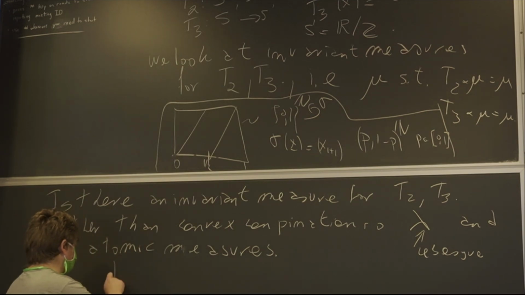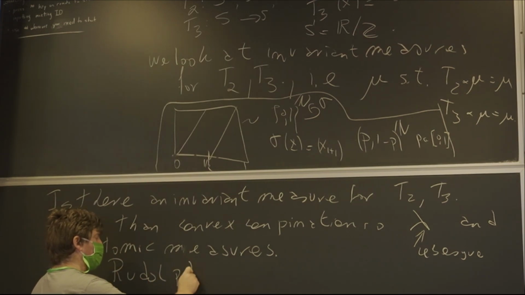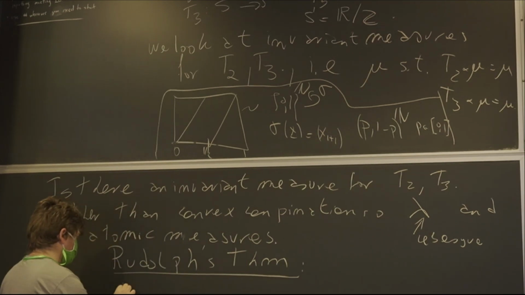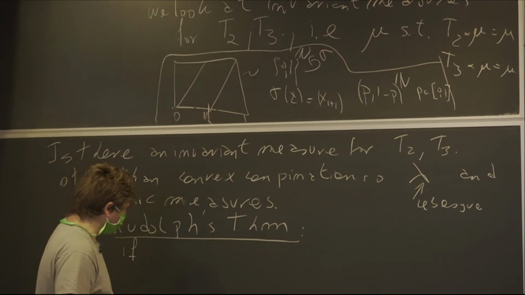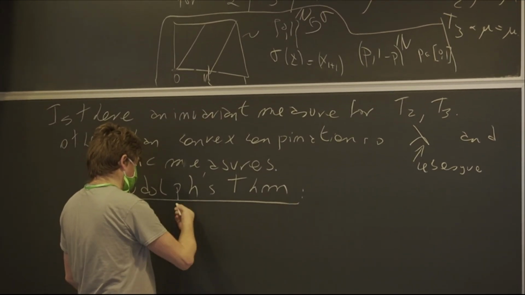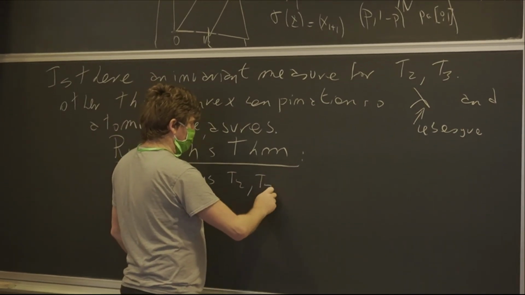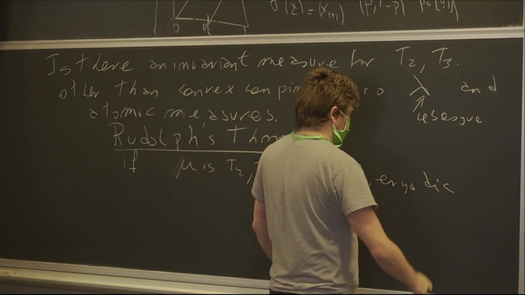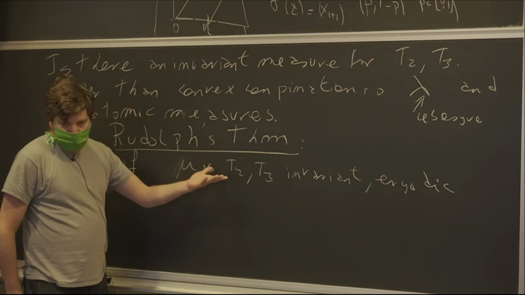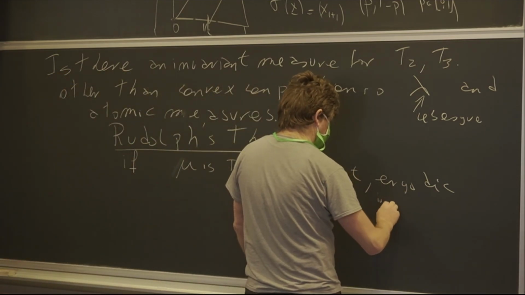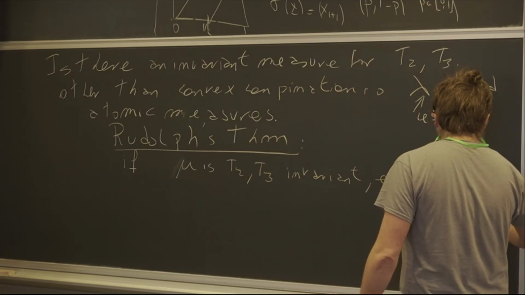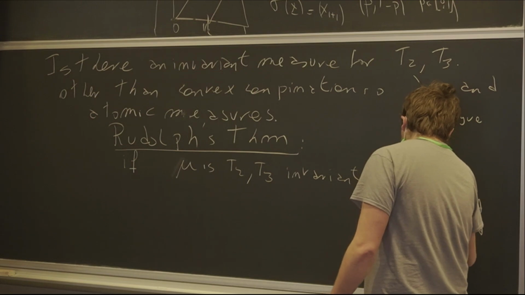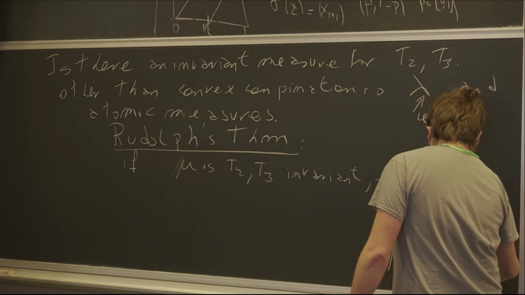But anyway, what I want to state is Rudolph's theorem, which says that if mu is T2, T3 invariant and ergodic for the joint action, which means that T2 inverse of A equals A and T3 inverse of A equals A implies mu of A equals 0 or 1,